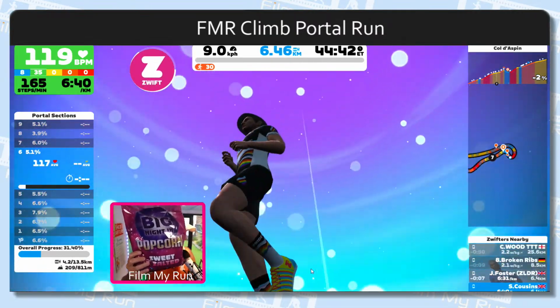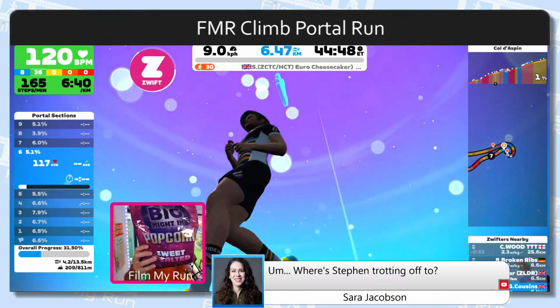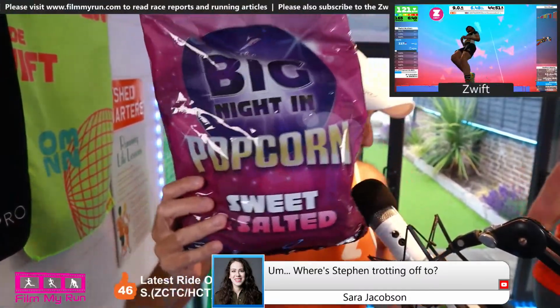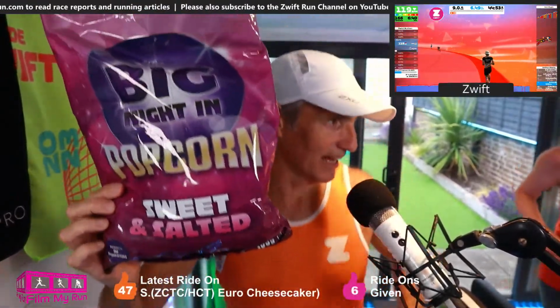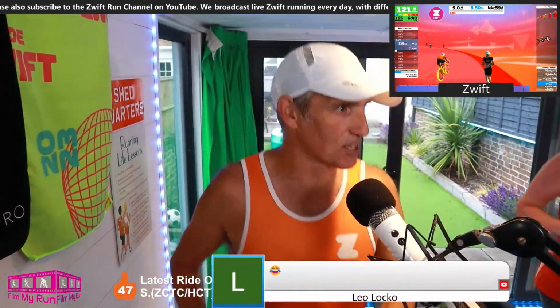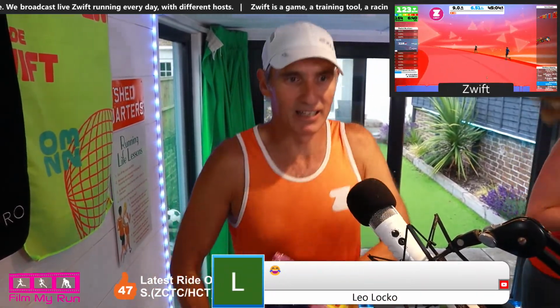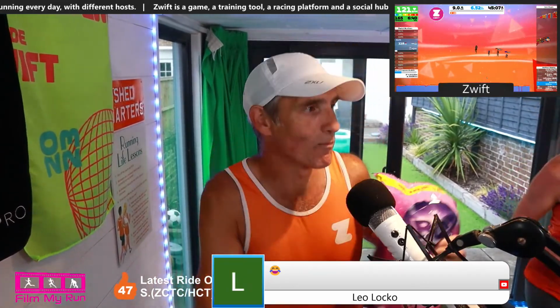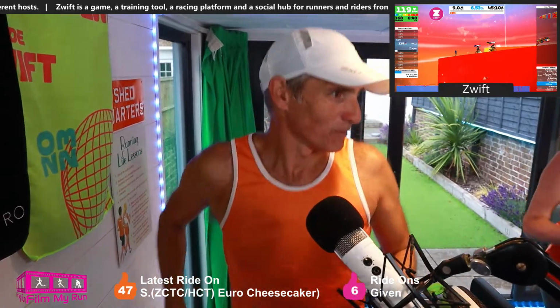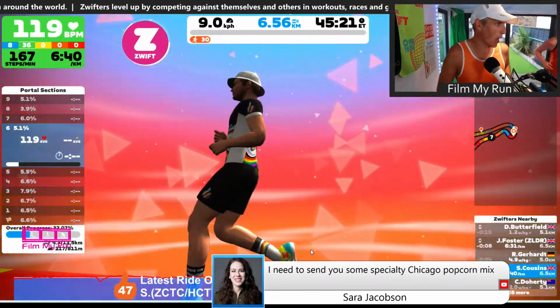Sweet and salty popcorn in a massive bag for about £1. £2, is it? Okay. Sarah says, where's Stephen running off to? I'm running off to get the sweet and salty popcorn. Massive bag that we are about halfway through at the moment. Sarah Jacobson says, I need to send you some speciality Chicago popcorn mix.